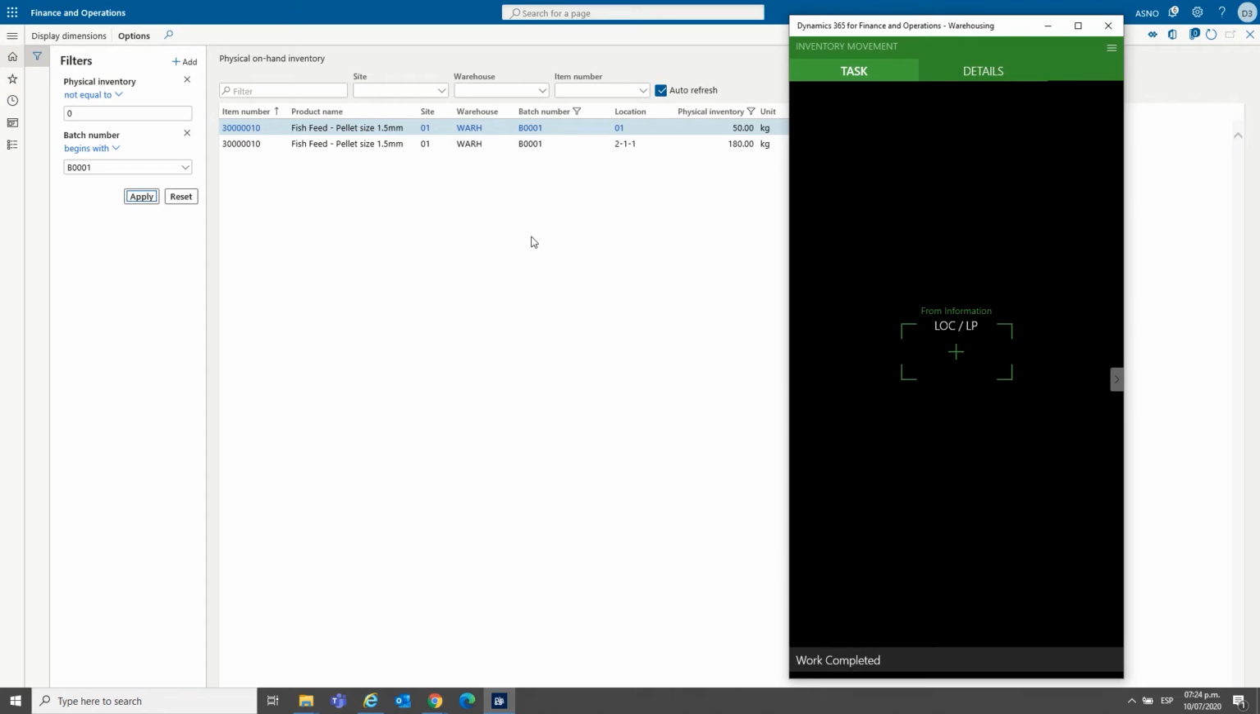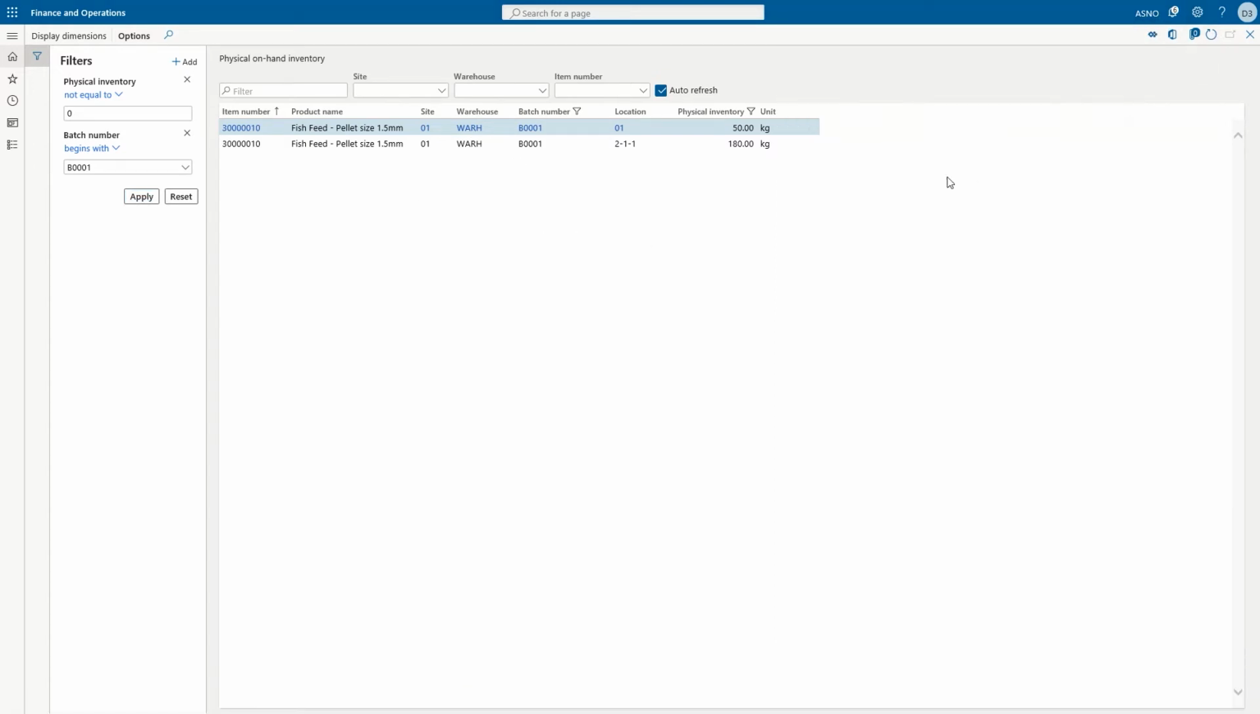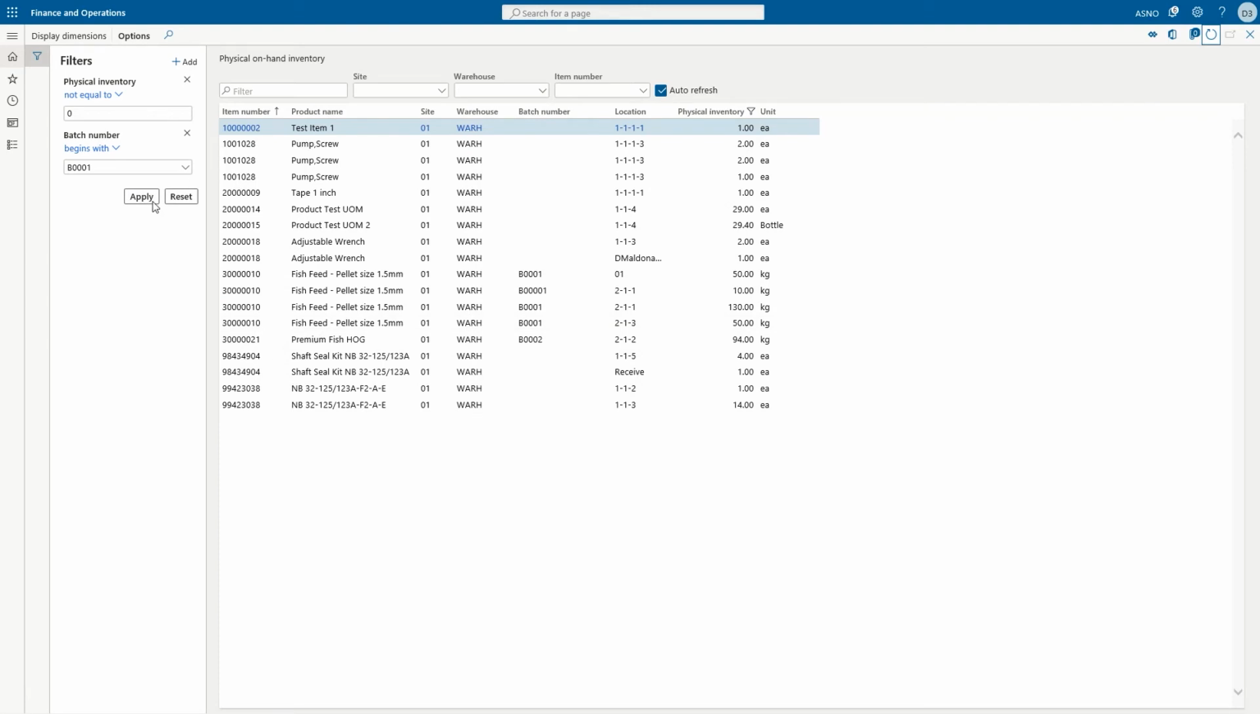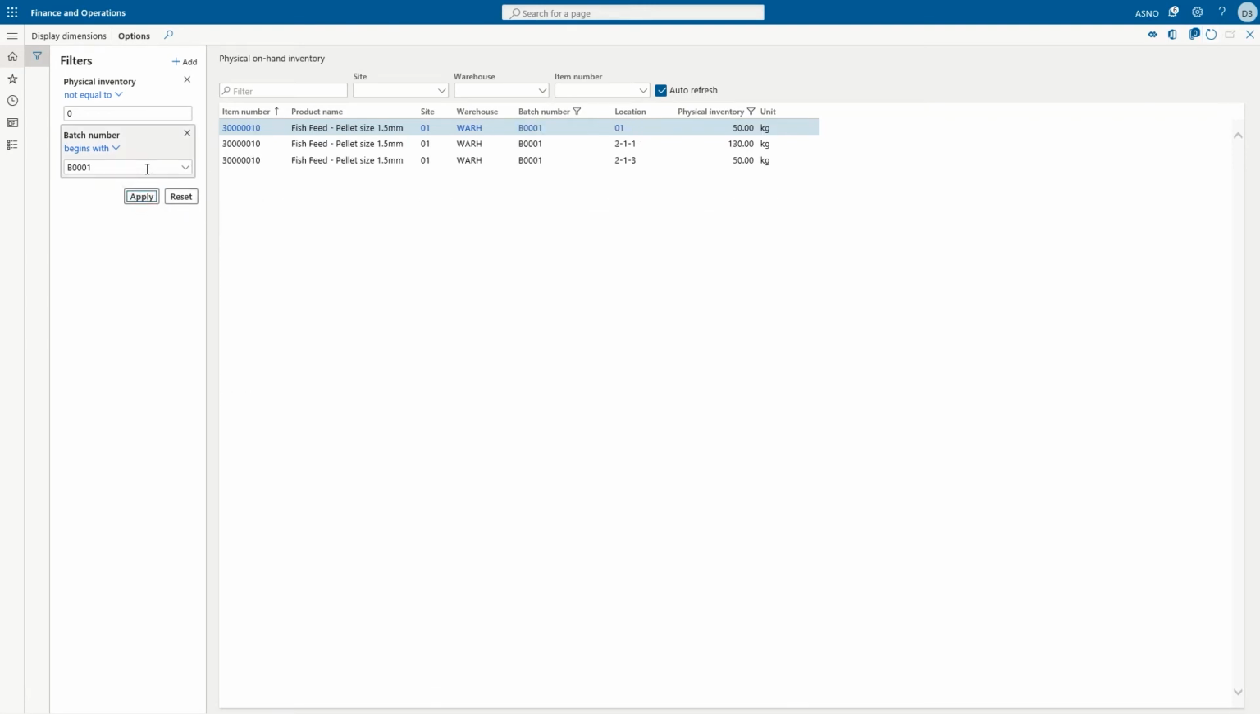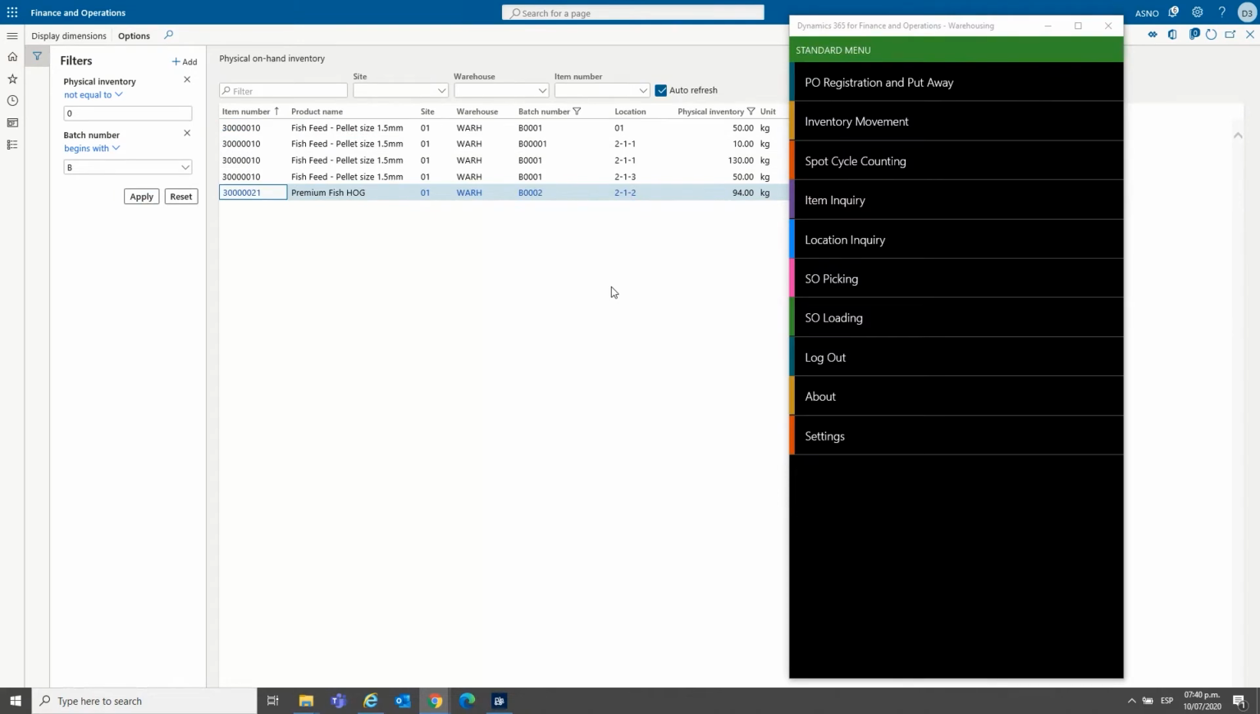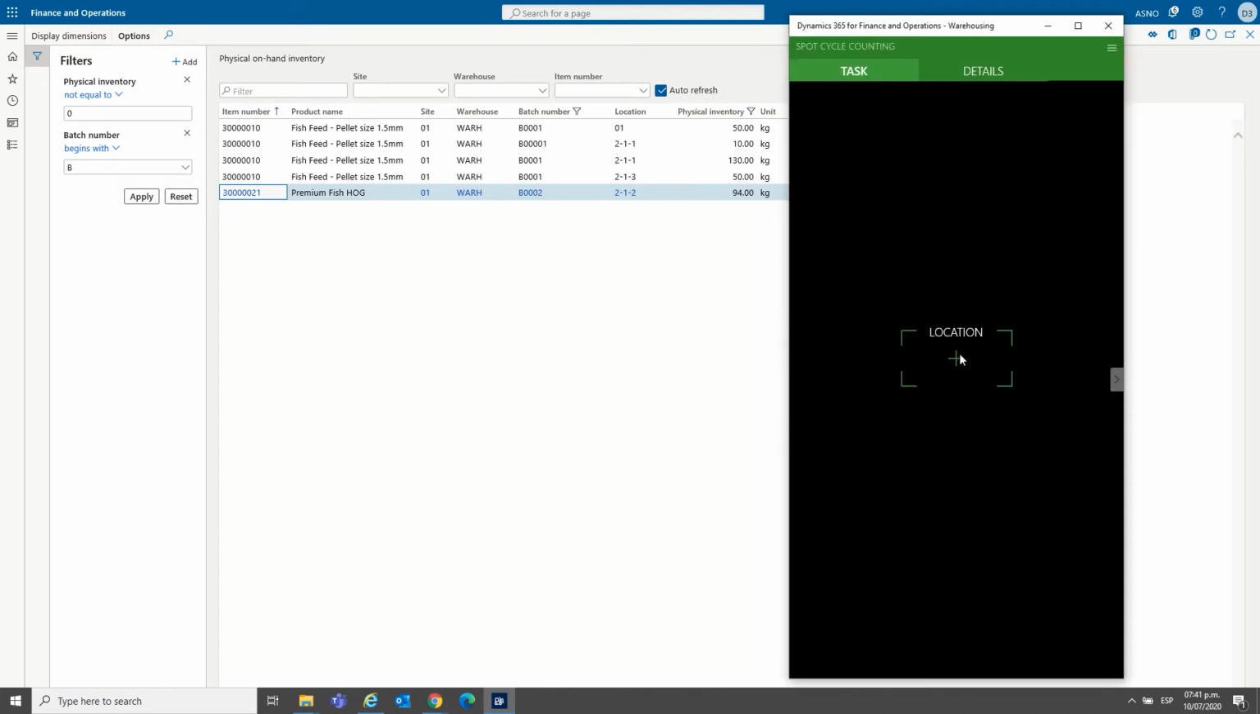So to show you that it is completely integrated, I am going to refresh my inventory report. I'm going to apply the filter, and now I see the 50 units that I have moved to this location. As part of the inventory control, you need to do periodic cycle counting. So what I'm doing here is a spot cycle counting. I am going to count the highlighted line. So I click on spot cycle counting,